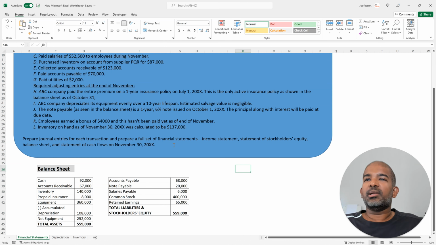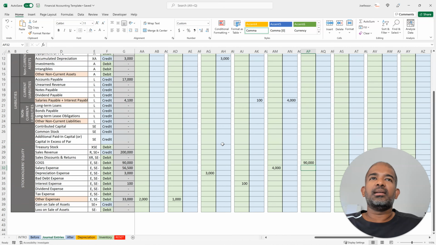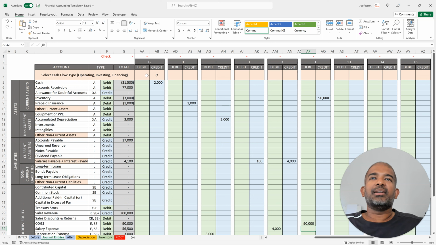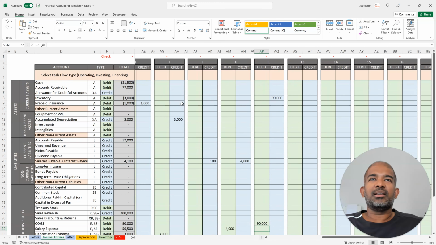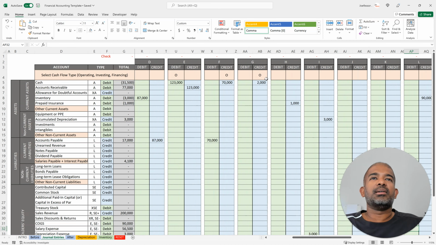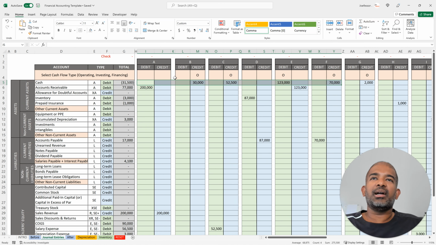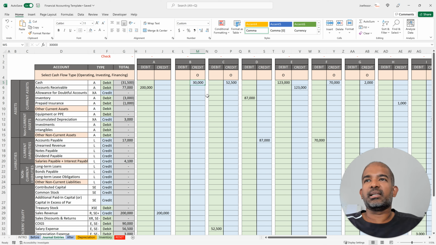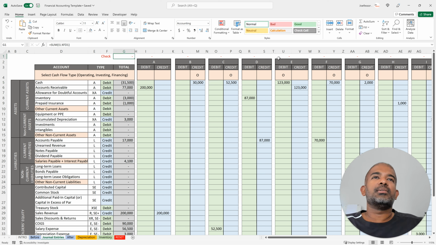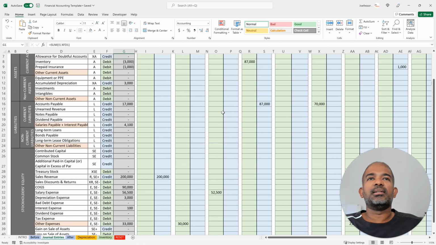Now we've done all the journal entries. Let's just go up there to check if we've provided for all the cash transactions. We're looking at rows 4 and 5 to see if all the cash transactions have a type assigned to them. So far they all seem to be operational cash flows. Also you can look at the check to see if all the debits and credits have matched in your